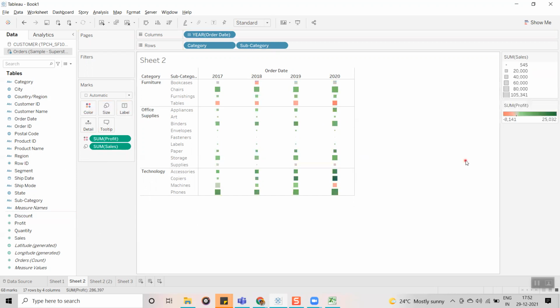Now you can see, by looking at this visualization, the orange color is representing the negative profit, and the size is showing the sales. Here the sales is more, but I am not getting the profit. By looking at this small mark, you can say sales is less, but I am getting profit. In this case, I am investing more, but I am not getting the profit. So this is where the user is going to read this data. Is it clear?